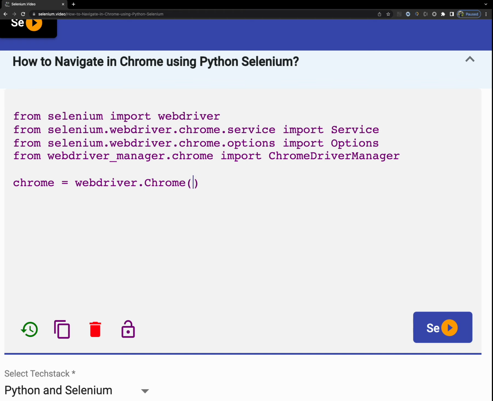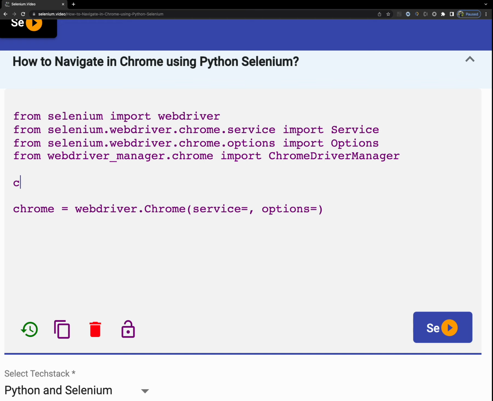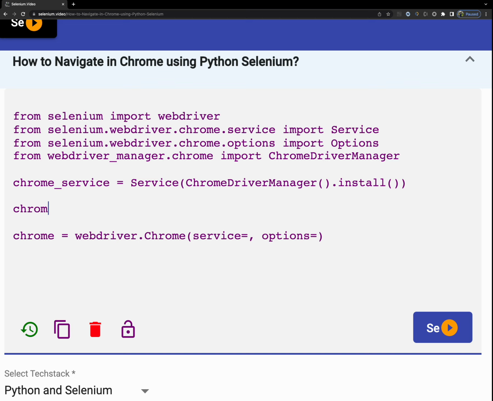WebDriver.Chrome. This Chrome class requires two arguments, which are service and options, that is, Chrome service and Chrome options. Chrome service is a service object that consumes Chrome Driver Manager to install Chrome driver, and Chrome options